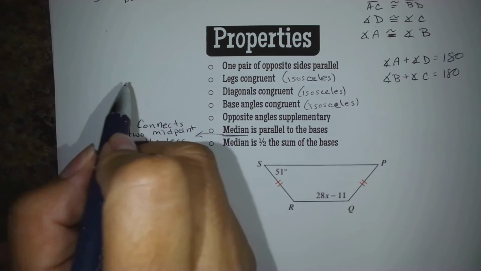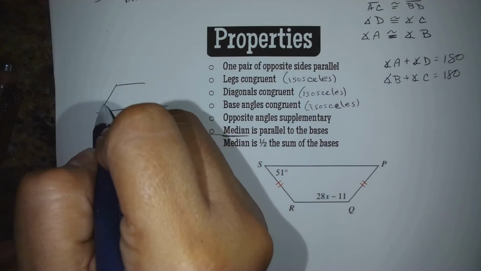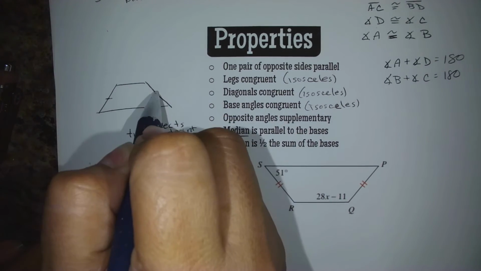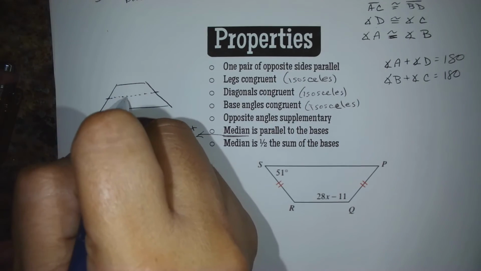And the way that would work, and it would look, is something like this. You'd have the middle here, and you'd have the middle here. You connect them, and that